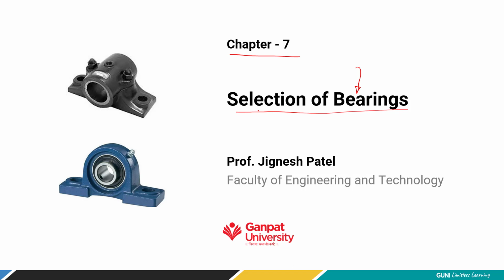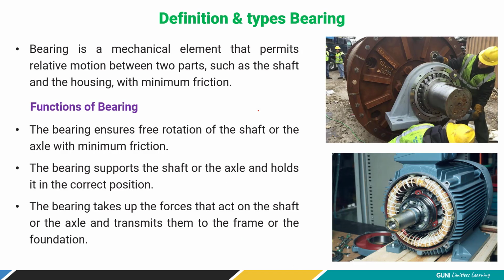So basically, bearings have a very unique function in the industries. Let's try to understand the definitions and their functions. Bearing is a mechanical element that permits relative motion between two parts, such as shaft and the housing, with minimum friction. Students, try to focus on these lines, right? It defines the bearings and tells you what its function is. So it basically permits the relative motion between two parts. This is the requirement